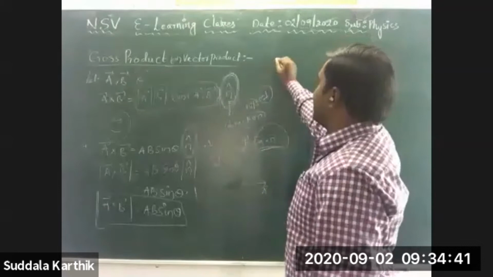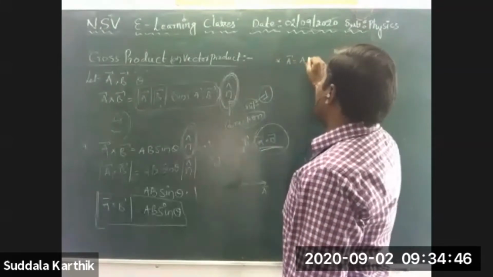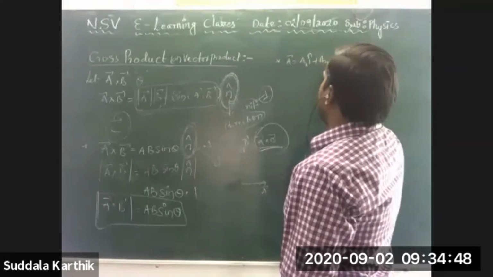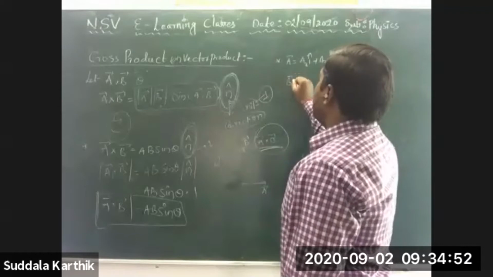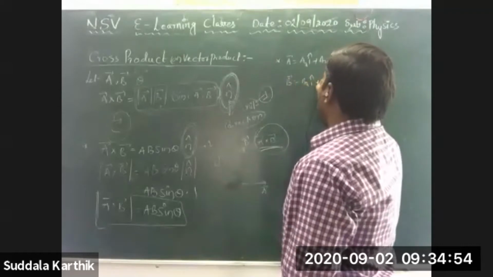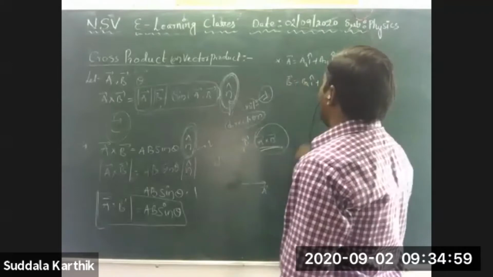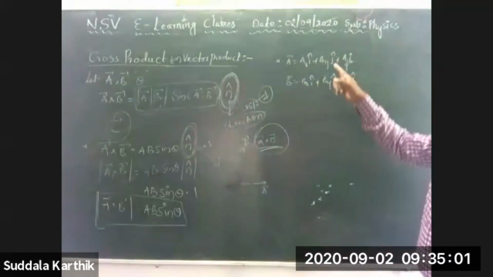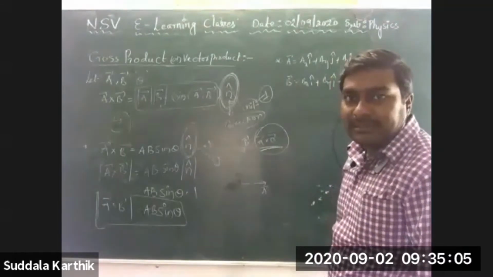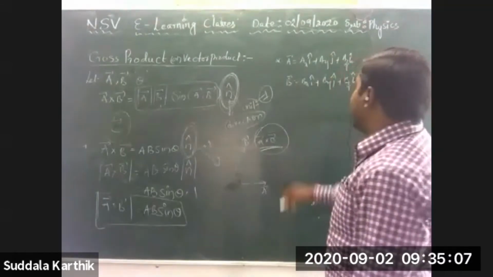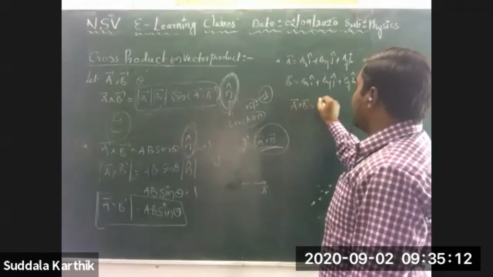That's the first equation. The second method: A bar is, suppose it is given, AX I cap plus AY J cap plus AZ K cap. B bar is equal to Bx I cap plus By J cap plus Bz K cap. Two vectors are given in the component form. If the two vectors are given in the component form, then what we have to do? At that time, A bar cross B bar is nothing but